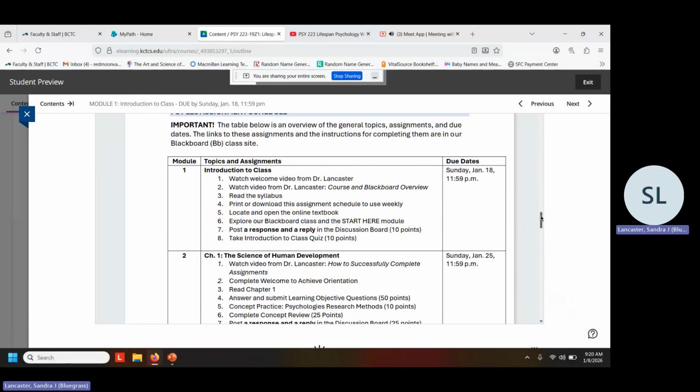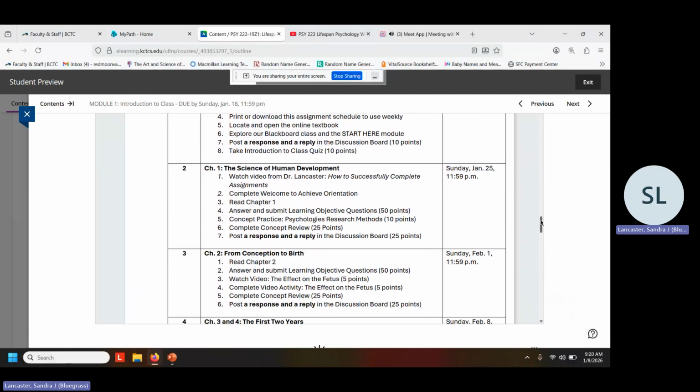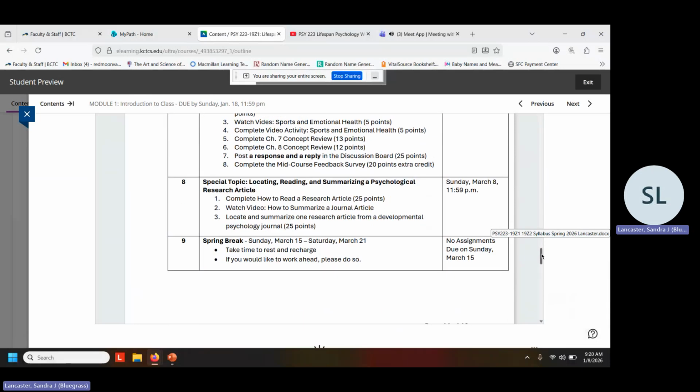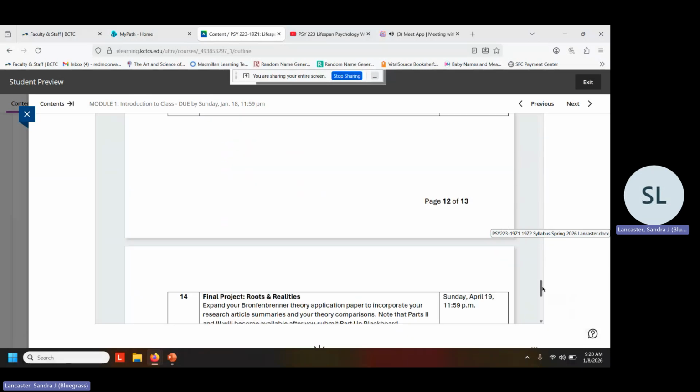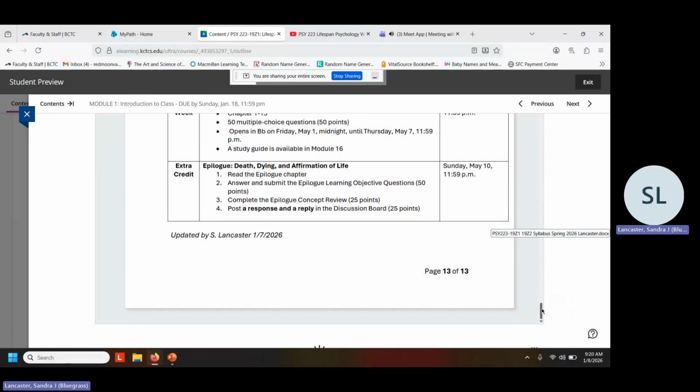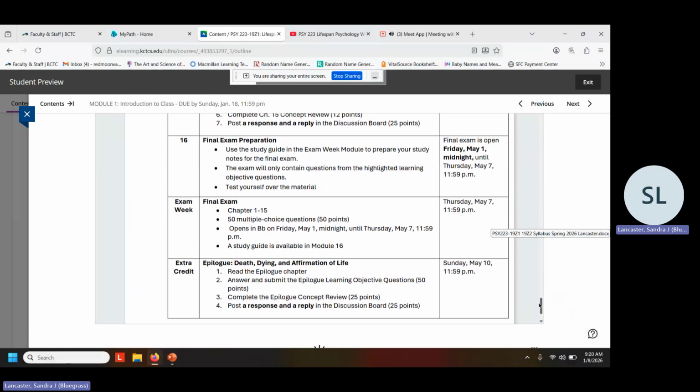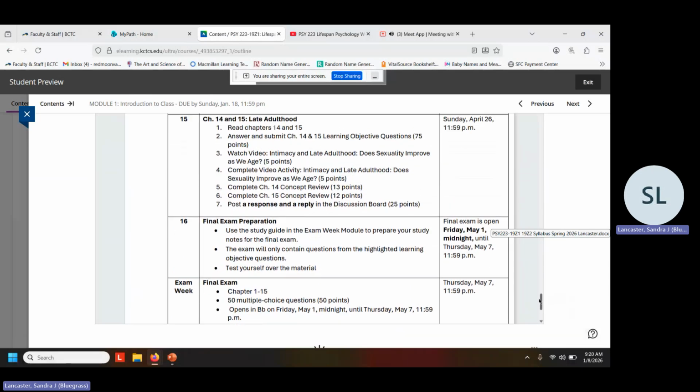So module 1 is the first week, etc. So module 2 will jump into the actual content. I'll go over that more when we get to module 2. So it's all laid out here. And this is what your Blackboard site will look like